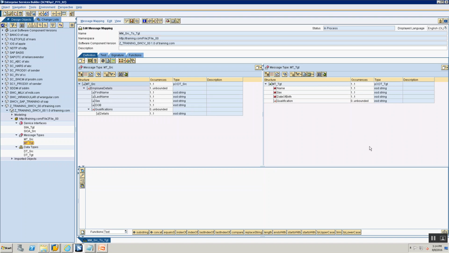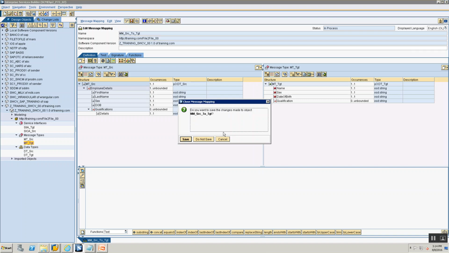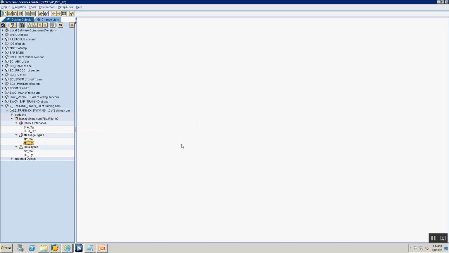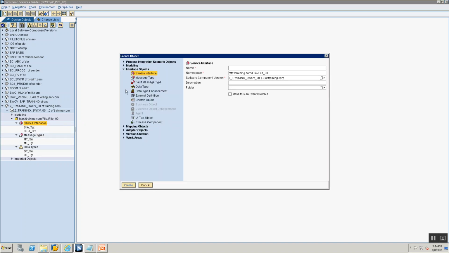Let's do it one more time. Cool. I'm not going to save this. It's going to ask me, do you want to save? I say no. So how do I define a message mapping? I right click, I say new. I go to mapping objects. I select message mapping and I give the name for my mapping, mm underscore src underscore 2 underscore target. I say create,